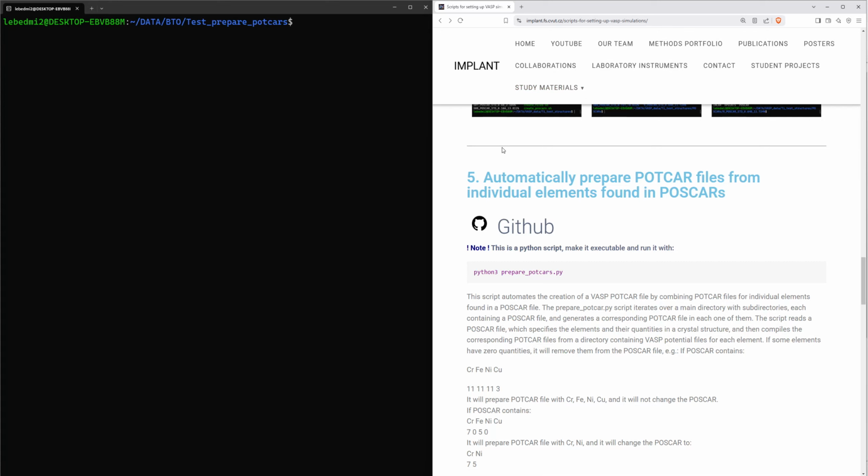Hello, in this tutorial I will show you how to automatically prepare POTCAR files using a Python script for any number of folders which contain input files for the VASP calculation. This script doesn't require any prerequisites except, of course, to have Python, and it is available on the implant